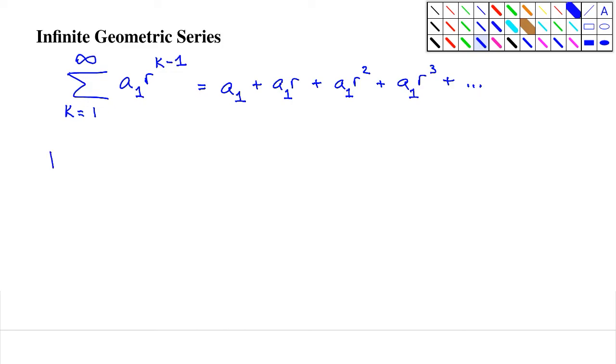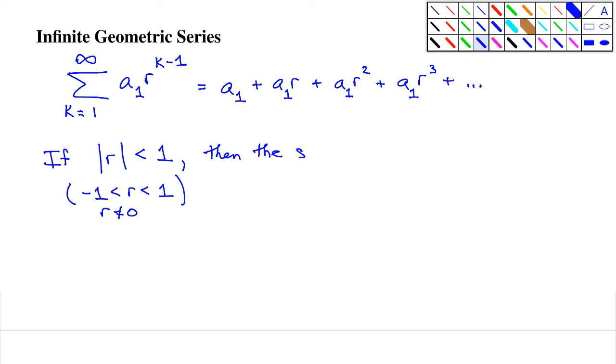Now, how would it actually approach this number that is going to be the sum? Well, it only happens if the ratio that we're talking about here is less than 1 in absolute value. So that basically means that negative 1 is less than r is less than 1. And of course, we've already excluded r is equal to 0. So if this is the case, if the absolute value of the common ratio is less than 1, then